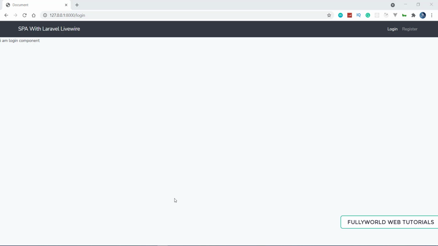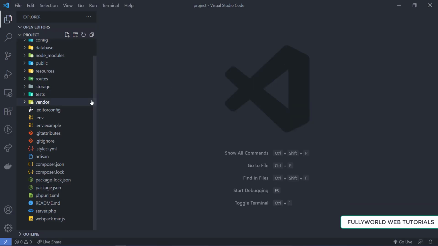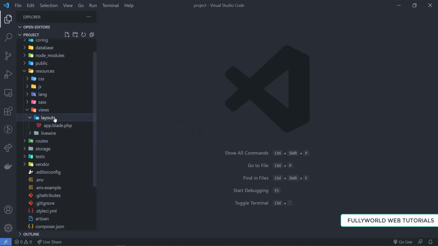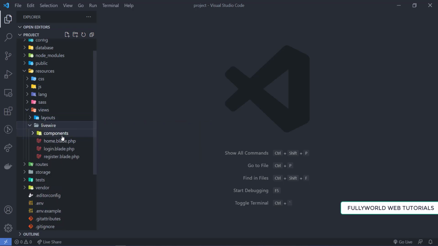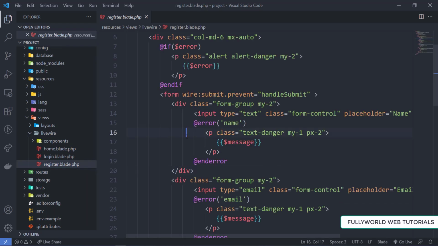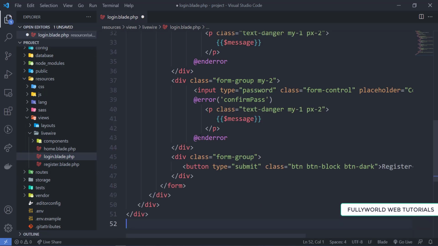First of all, let's add the form here. We will use the same form that we did in the register component. So let's go to Livewire, and then register. I'm going to copy this whole form, go to login, and paste the whole form here.